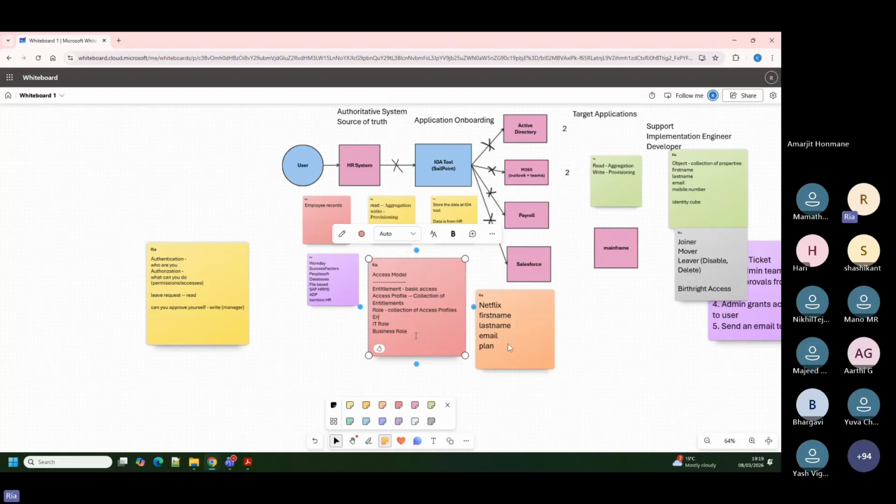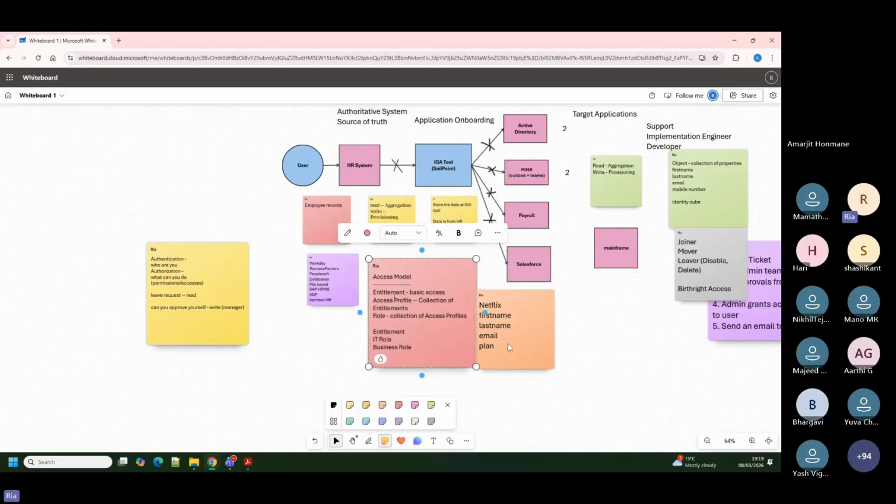Same concept. Here we call it as access profile. There it is called as IT role. There we are calling it as business role. ISC we call it as a role. That's it. Is it completely same? No, little differences are there, but it's very minor. Once we go to the concepts, you will understand them. No big deal about it. Okay. So this is the access model. Now when we